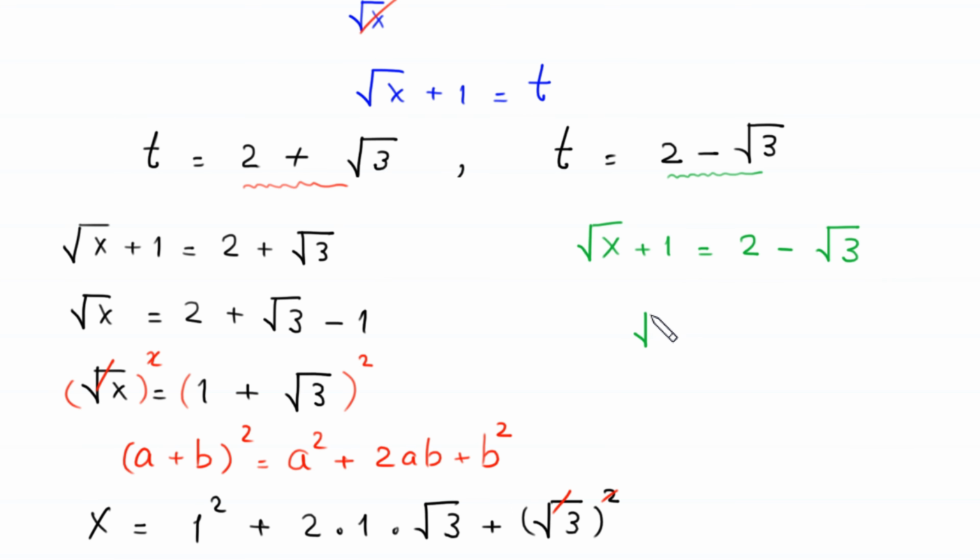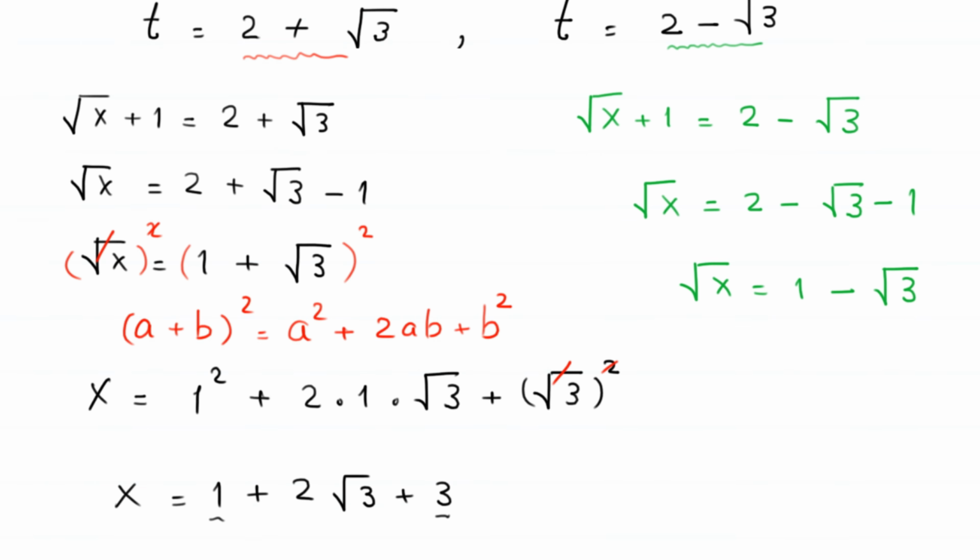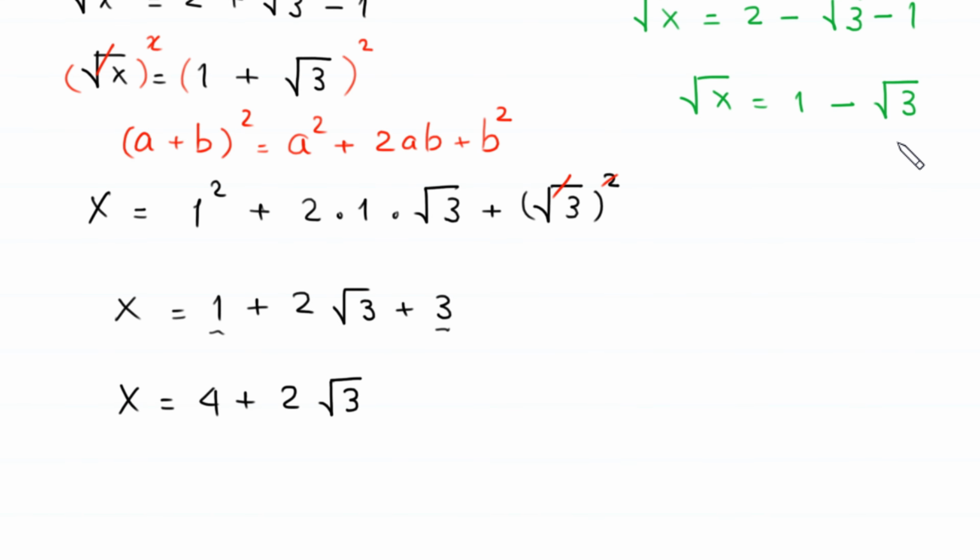This will become root x is equal to 2 minus root 3 minus 1, and root x will be equal to 2 minus 1 minus root 3. We take the square of both sides. So this square will cancel out with the square root, and we are left with x is equal to,